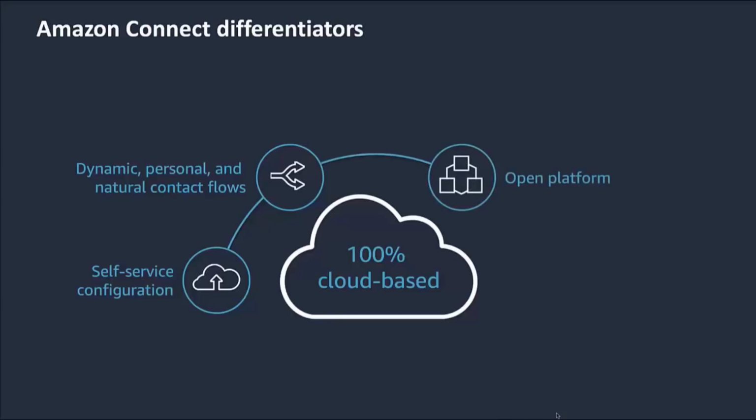Amazon Connect has an open architecture model in that you own your data and you can leverage many of the existing AWS services to customize the business and customer experience by integrating with backend systems such as CRMs, databases, or pretty much any API-enabled service. And of course, there's the AWS ecosystem, which includes a large number of partners that provide third-party integrations, as well as systems integrators and consulting partners that can assist you in deploying and configuring your Amazon Connect contact center.